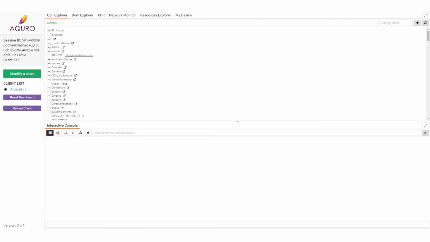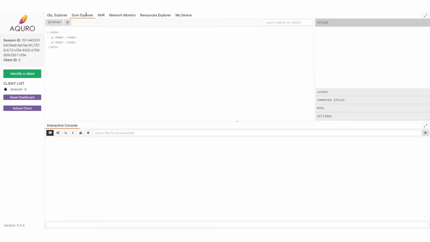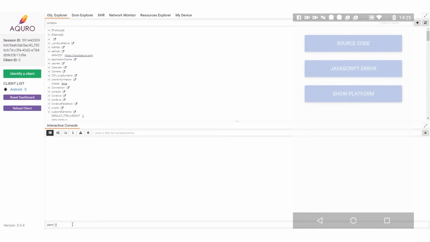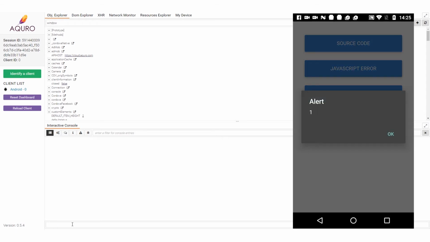For example, I can examine all objects that are stored in memory, explore the DOM, see network requests, and more. I also have an interactive JavaScript console that makes it possible to run JavaScript code on the device. For example, if I type in alert and run that command, I can see an alert box on the